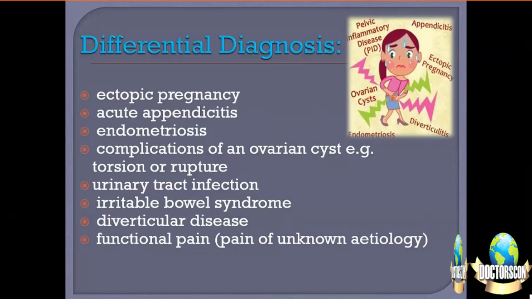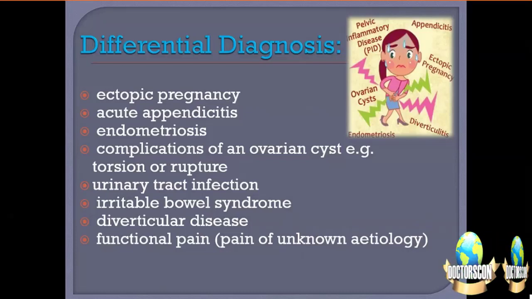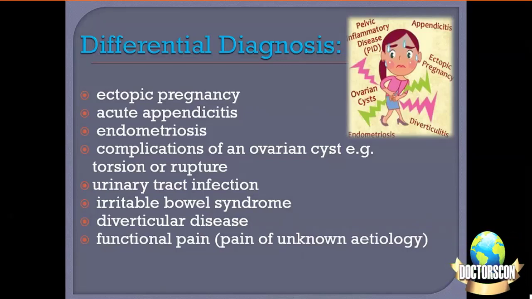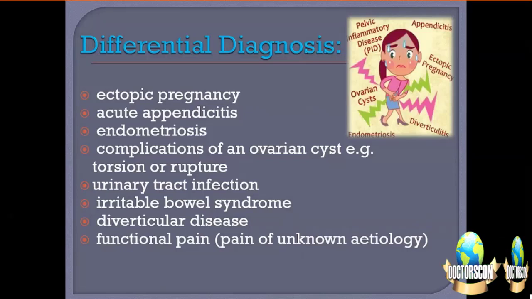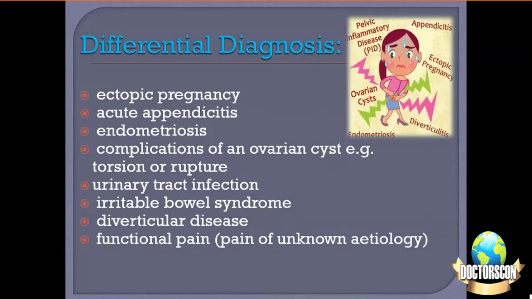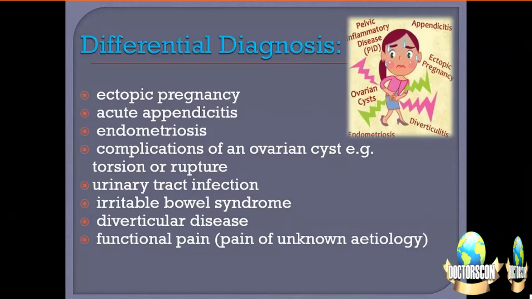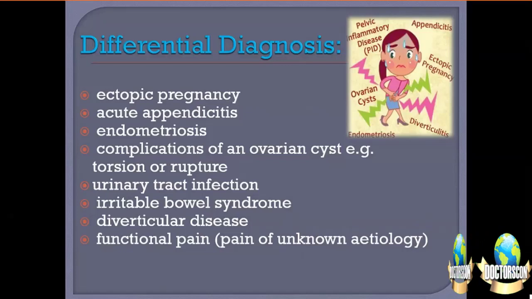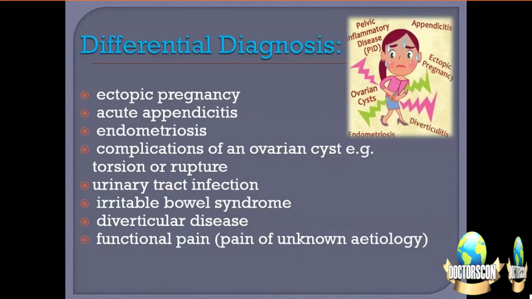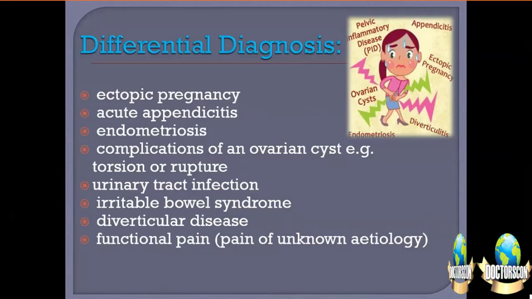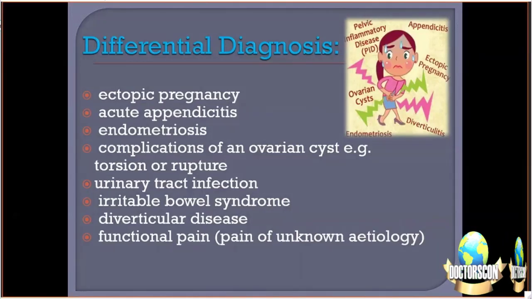Now, there has to be some general principles. The general advice is rest for those women who have serious disease, and they may actually be admitted to the hospital. They need appropriate analgesia. For those who are admitted as inpatients, they are going to be put on intravenous treatment. This is recommended for patients with more severe clinical disease, like having high-grade fever, clinical signs of tubo-ovarian abscess, signs of pelvic peritonitis, and of course, general advice regarding safe sexual practices until the woman and her partner have been completely treated.